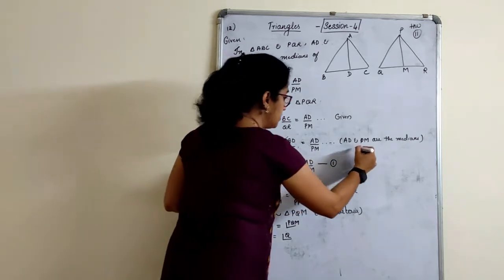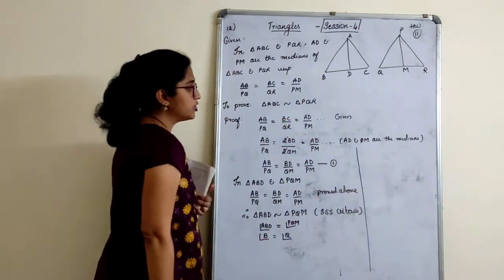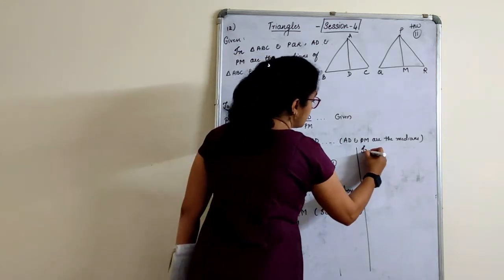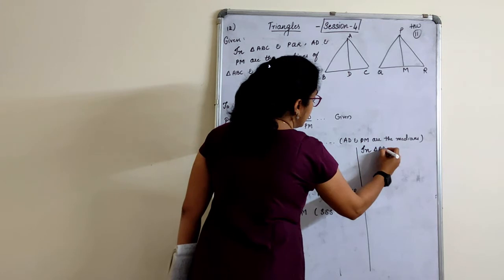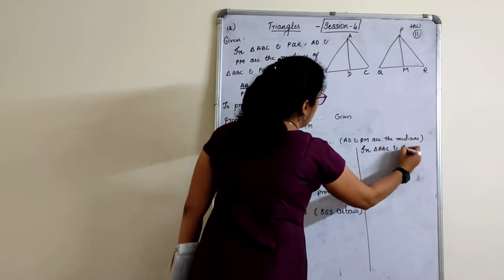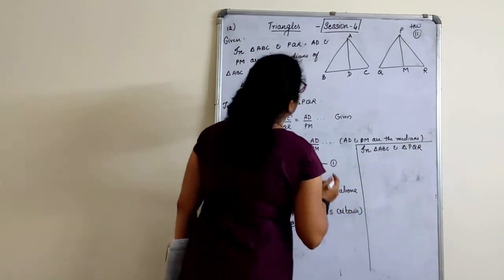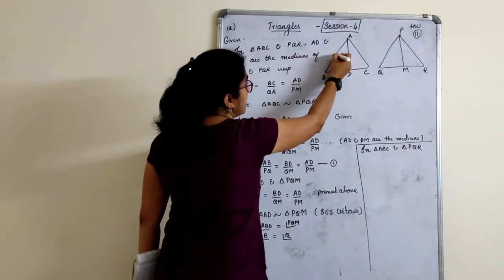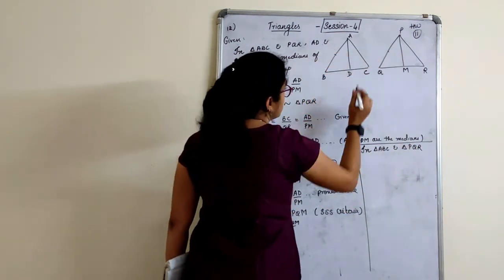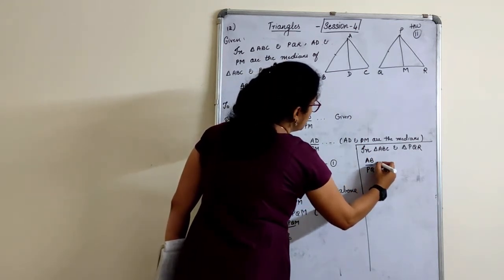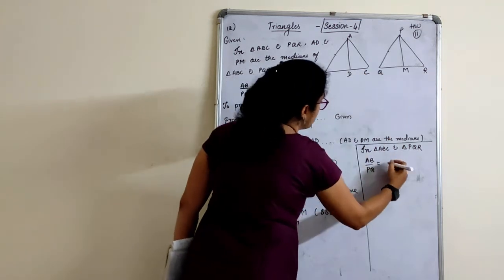Now, till here it is very clear? Okay. Come to the last part. I'll solve it here, children. Now choose the original triangles what you have to prove. In triangle ABC and triangle PQR, in these triangles, can I tell that this upon this side, that is AB upon PQ, is equal to BD upon QM?